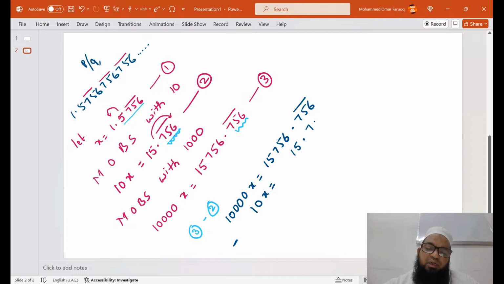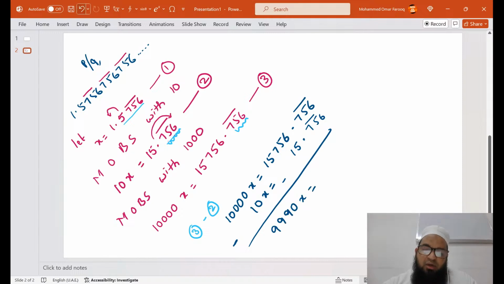Now let us subtract 10,000 minus 10. It is 9,990x equals 756 minus 756 becomes 0. And what is left out? 6 minus 5 is 1. 5 minus 1 is 4. 7, 1, 5, 1. So therefore x is equal to 15741